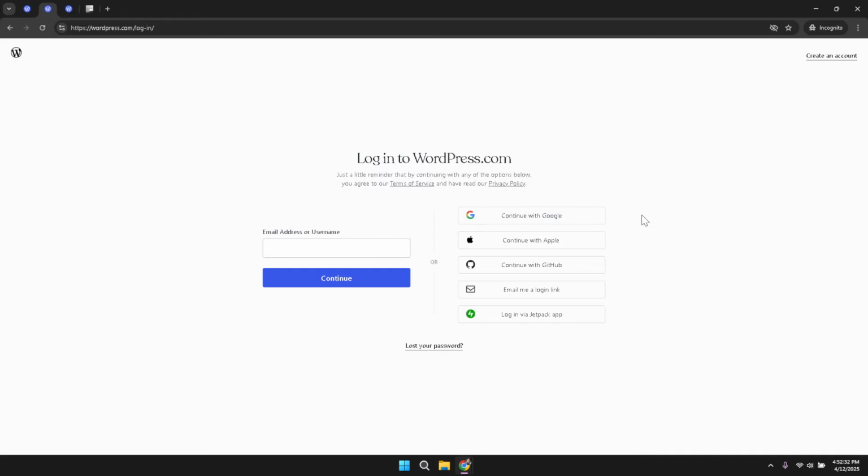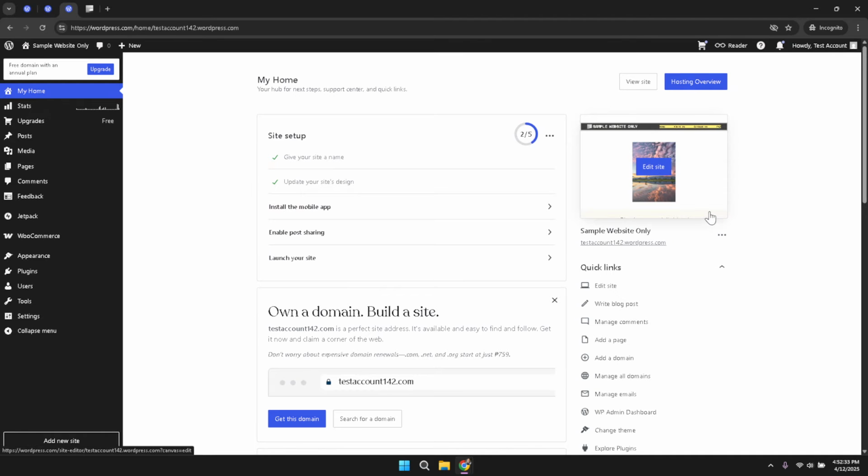After logging in, focus your attention on the area known as Quick Links, which is usually found on the dashboard. In this section, you will find an option labeled Edit Site. Click on this link to launch the site editor, a central tool for modifying the layout and behavior of various